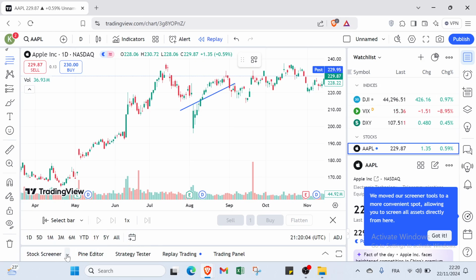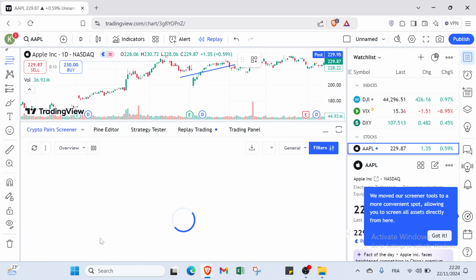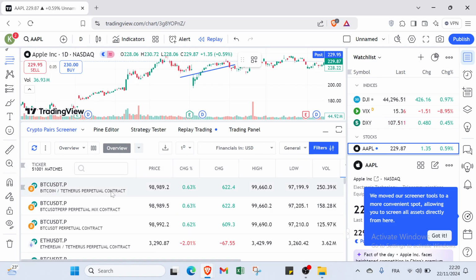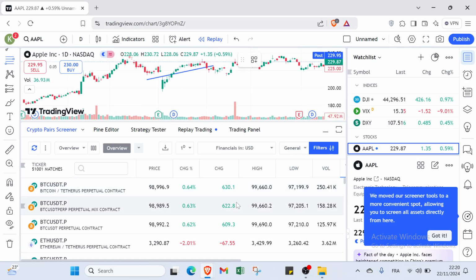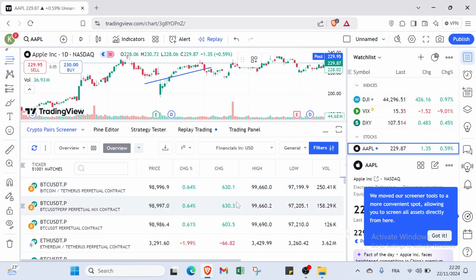Also we have here stock screener, and we have also other things here. You can just filter right now by clicking over here. We have also other things. We have some examples here. For example, Bitcoin, we have the price, we have high and low, and we have also volume, as you can see, right? So once you sign up for TradingView, you can start by exploring the main dashboard, where you will